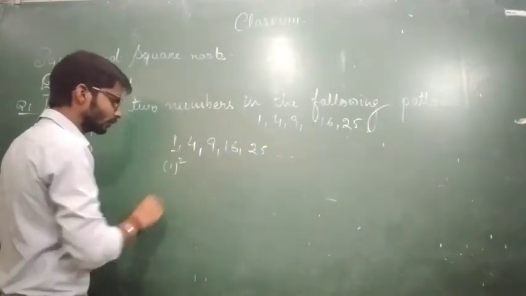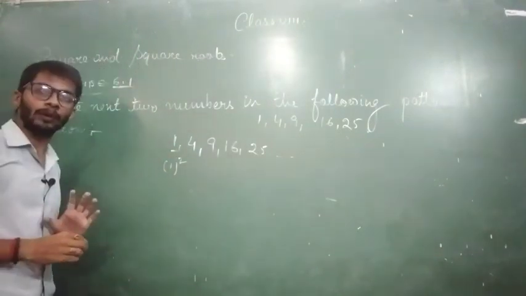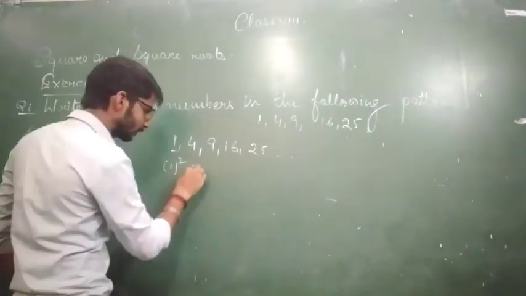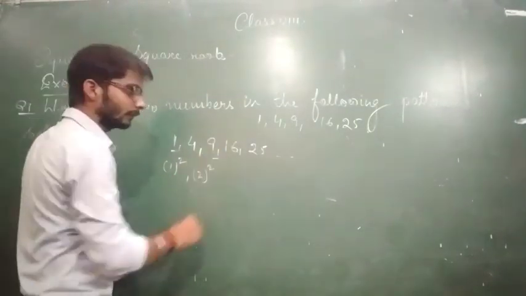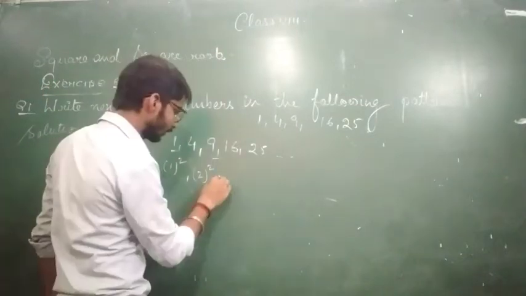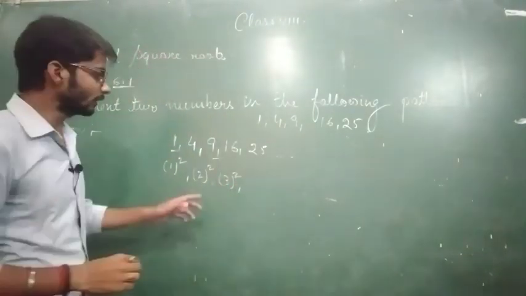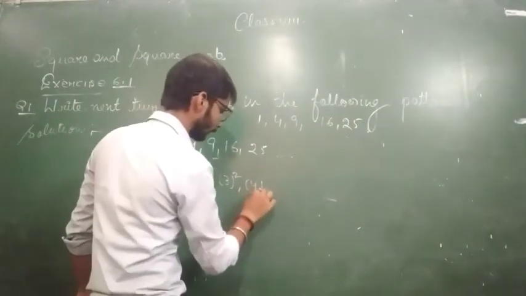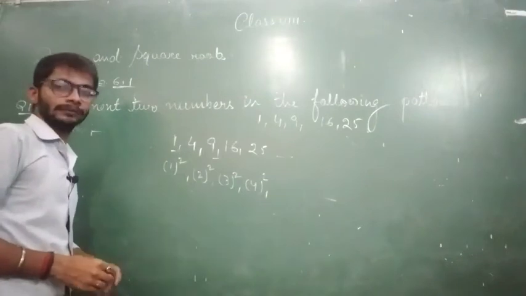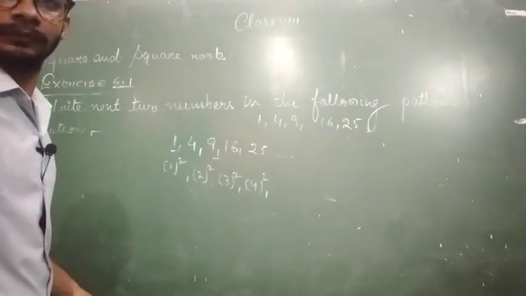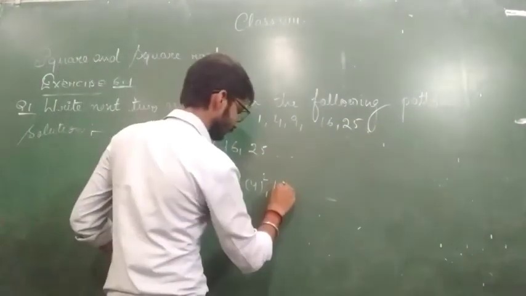किस क्वेश्चन का पैटर्न क्या है उसके लिए हमने पहले देखा कि 1 जो है 1 का स्क्वायर लिखा हुआ है. Next one, which is the square of 2. The third one, 9, is the square of 3, and the next one is the square of 4, and the further one is the square of 5.